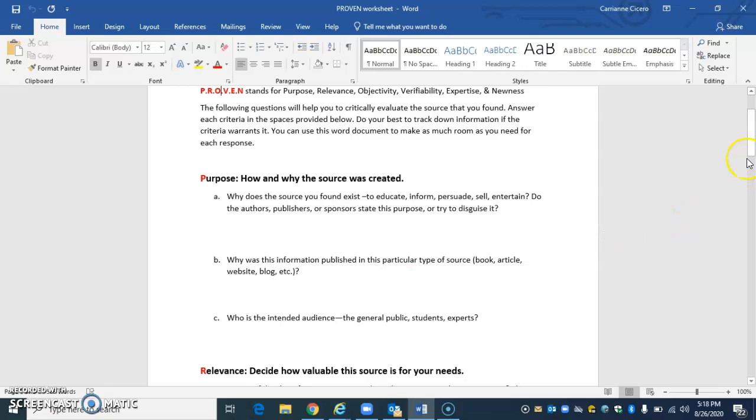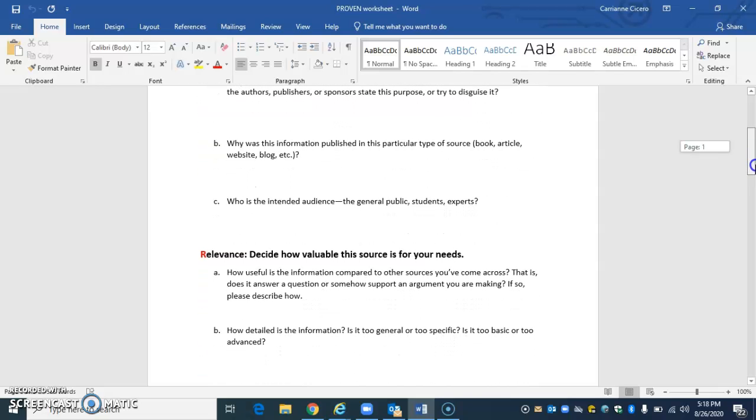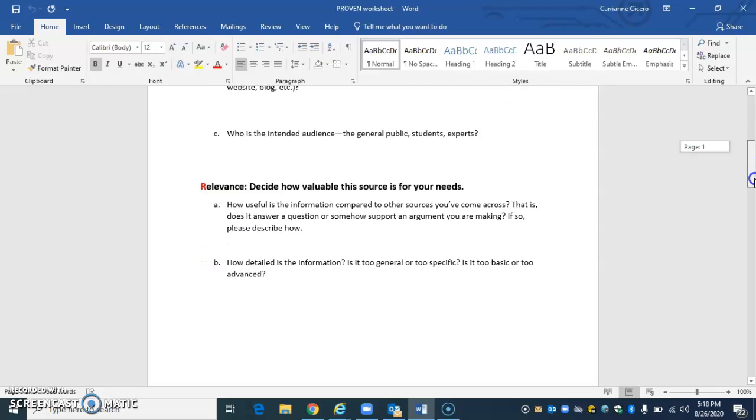I just want you to really study and look at this source so you can figure out if it's a good source to use. For the sake of this worksheet assignment, it's okay if you answer no to one of these. However, that might lead you to think about finding different sources to use for your speech.